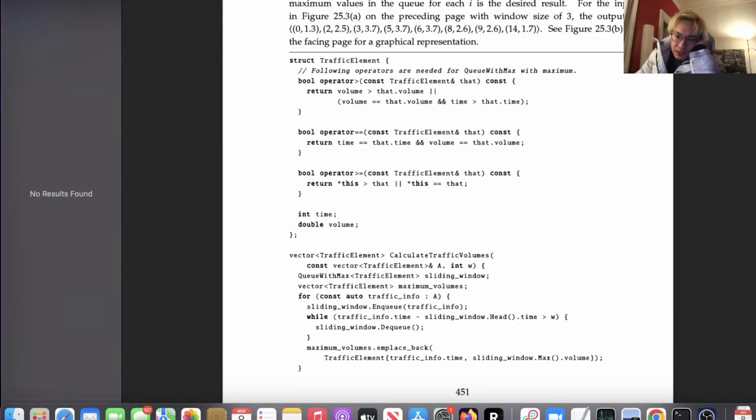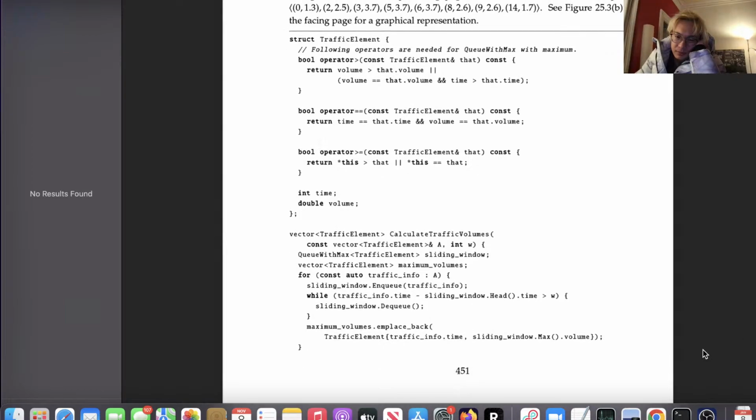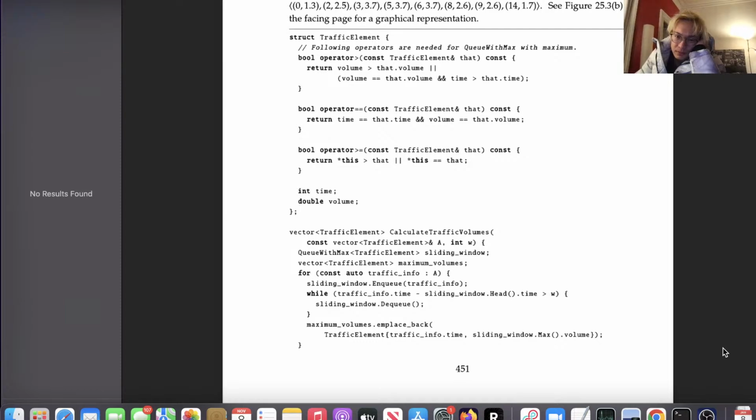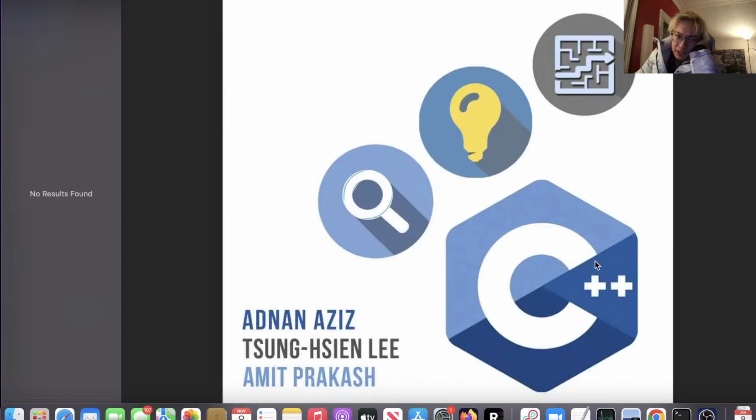What's the derivation of that? Let me see. It's implement a queue with max API, problem 8.9. Okay, queue with max API.